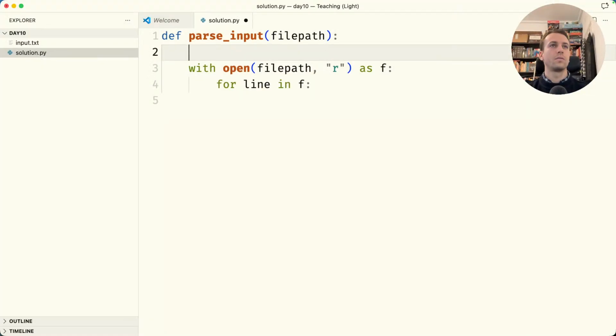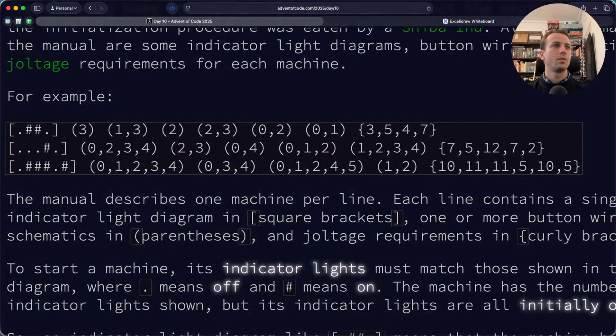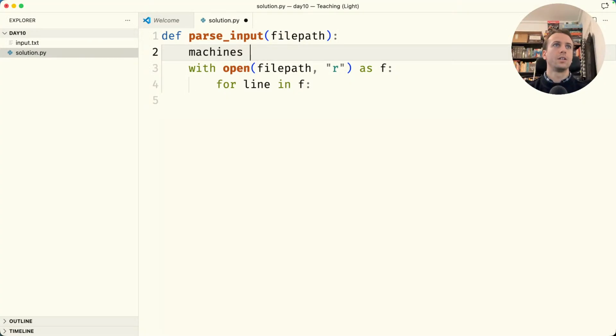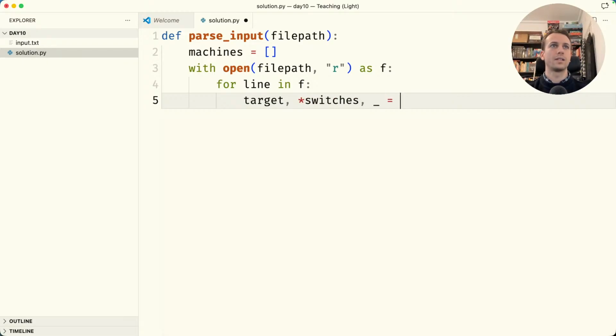So now, what are we going to call these? One machine per line. So we're going to have a list of machines, and for each line, we take the target, we take the buttons, or the switches, or whatever you want to call them, and you ignore the last section, and you split the line. So all of the switches in the middle are going to end up in this list. The target is in the beginning, and the last thing inside the curly braces, we ignore it. Now for the target,